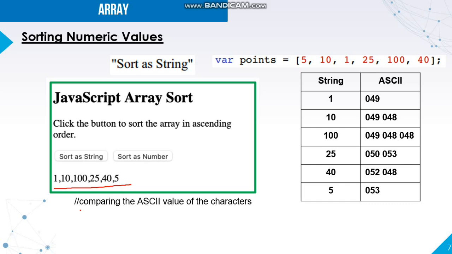Now, using this method, it compares the ASCII values of each of the characters. So it means when we have numbers, the first number is the most important aspect that you need to check first for the arrangement. So as you can see here, 1, 2, 4, 5. So that will be the arrangement regardless of the succeeding numbers beside it. So as you can see on the ASCII numbers, it follows this particular order.